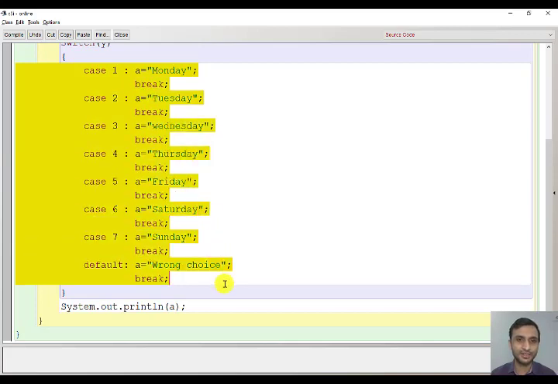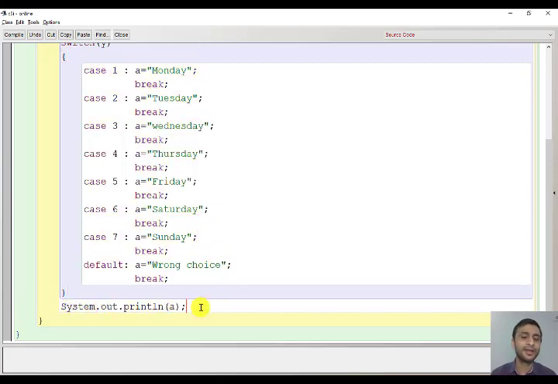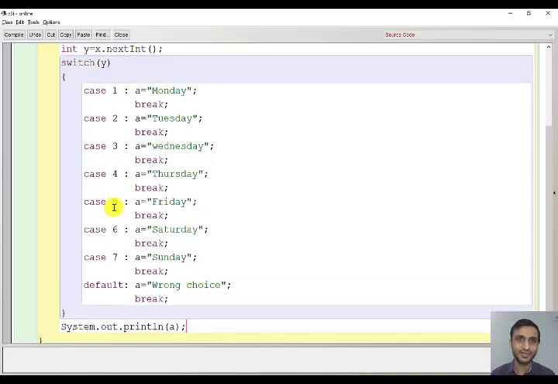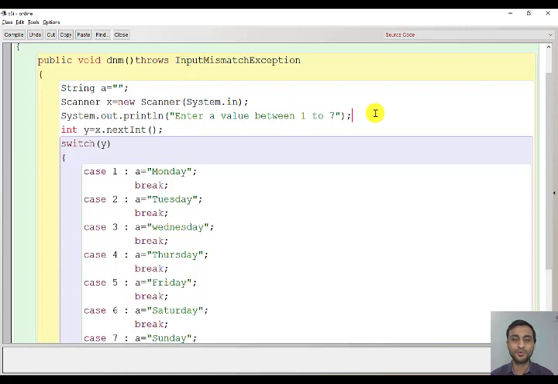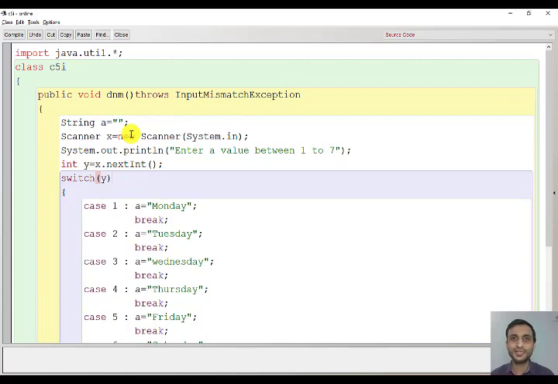So after everything is done, this is the processing part, we'll print our final answer. So we did what? We converted the already existing if program into switch program. But remember, this is possible when we are checking for equality and where choice is present. All the choice based programs we can also do using switch. We can also do using if, but for choice based programs it is better to do using switch. Okay, so now let us understand how this program is going to work. First we'll run it in BlueJ to see if we are getting the right answers. Then I will run it manually to explain you.